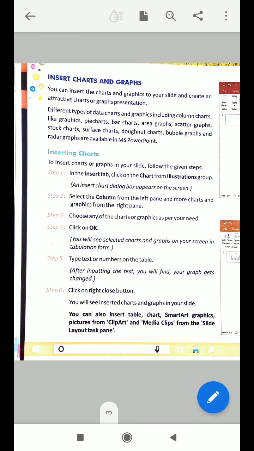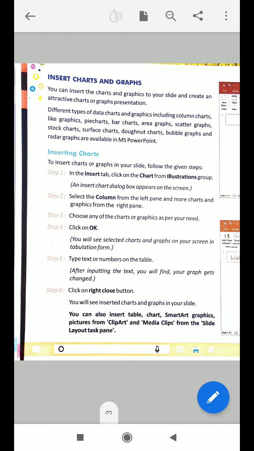Different types of charts and graphics, including column charts, pie charts, bar charts, area graphs, scatter graphs, stock charts, surface charts, donut charts, bubble graphs, and radar graphs, are available in MS PowerPoint. So many graphs and charts are there, and different names suggest different designs of the charts or graphs. How to insert a chart or graph, you can see here.